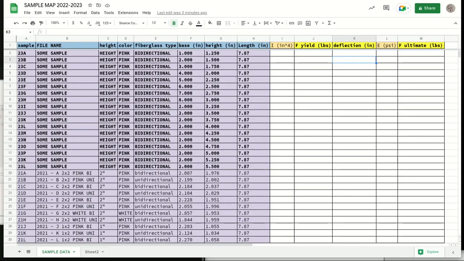In this video, we are going to calculate using the spreadsheet the moment of inertia and the elasticity. From a previous video, we found that we have some values here. 48.6 pounds was our force at the yield point, and it deflected 0.01442, and we had an ultimate yield strength of